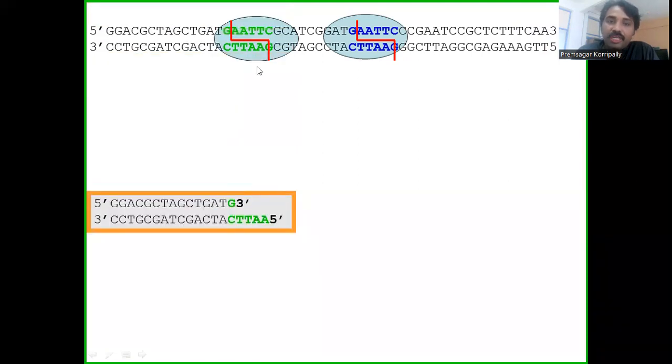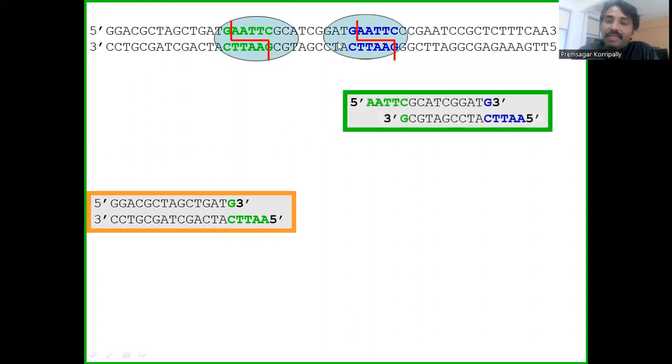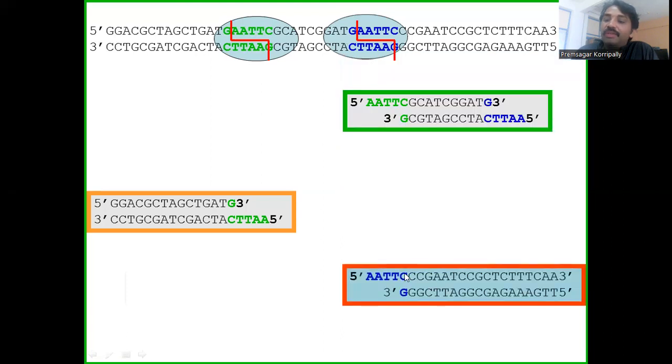One, which corresponds to the first restriction site. This is the middle part, and the third one, right? After digestion, if you run the digestion mixture on agarose gel electrophoresis, which will separate the DNA fragments based upon the molecular weight of the DNA fragments, then this digestion can give 3 different DNA fragments on